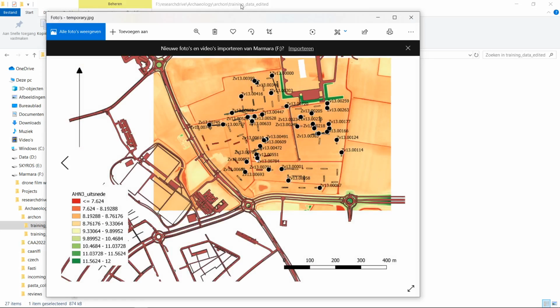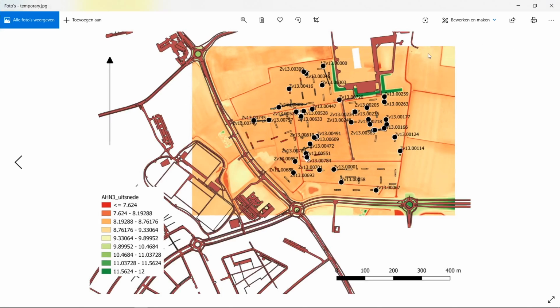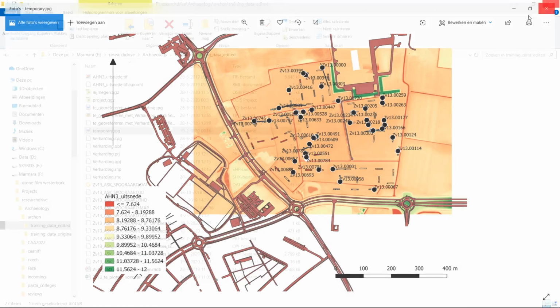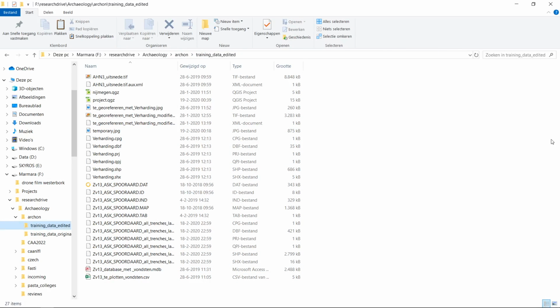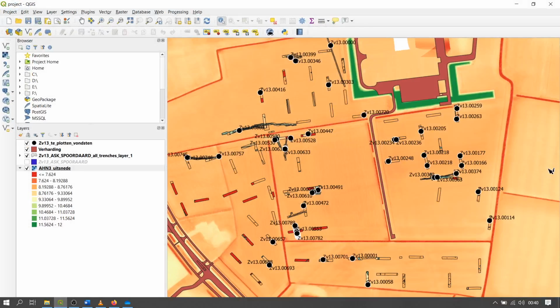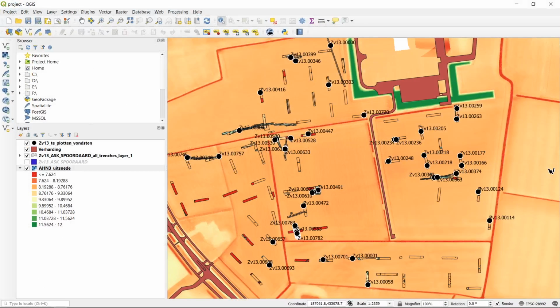And indeed we have our proper map as we just designed it as the JPEG image. Okay, and then for the final issue, when it comes to project management, and I will return to QGIS for that matter, there are a couple of things to say, about which the first is by far the most important,